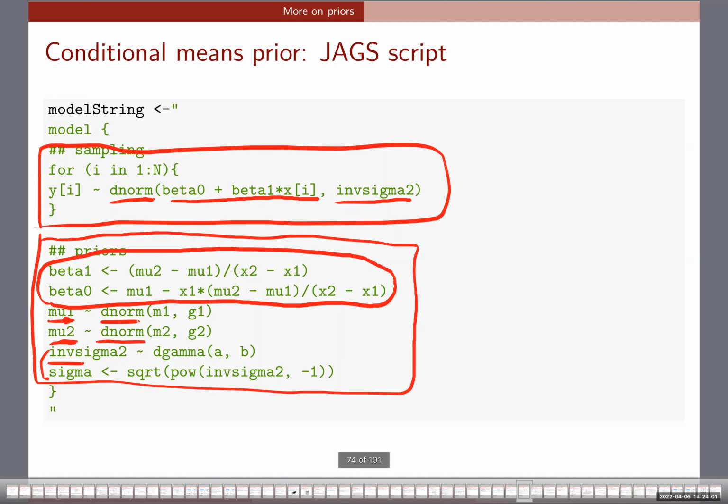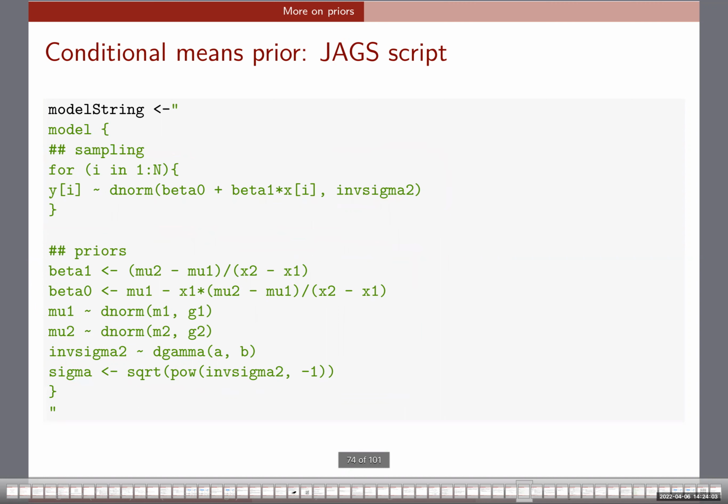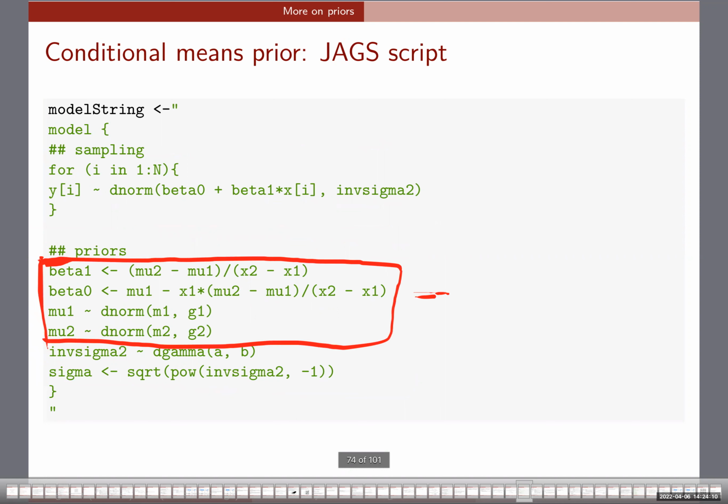Right? So compared to before, let me write this. I think previously, this whole part was directly beta 1 follows a d norm, and beta 2 follows a d norm. That's what we had done in the past, because we directly give a prior for beta 0 and beta 1. However, for the conditional means prior, which is what we're introducing right now, we're not giving